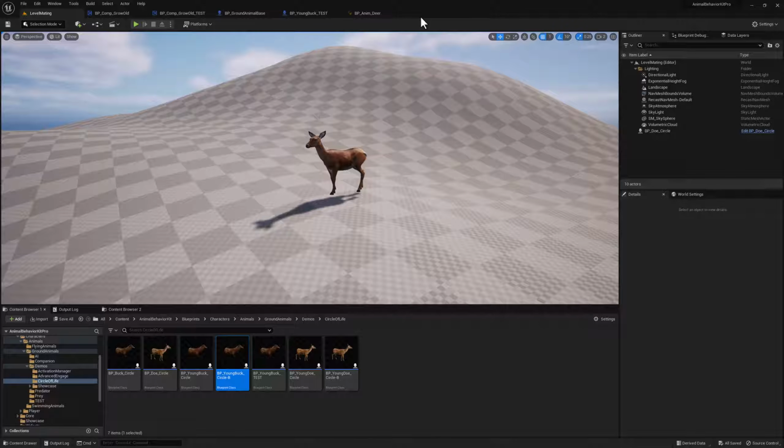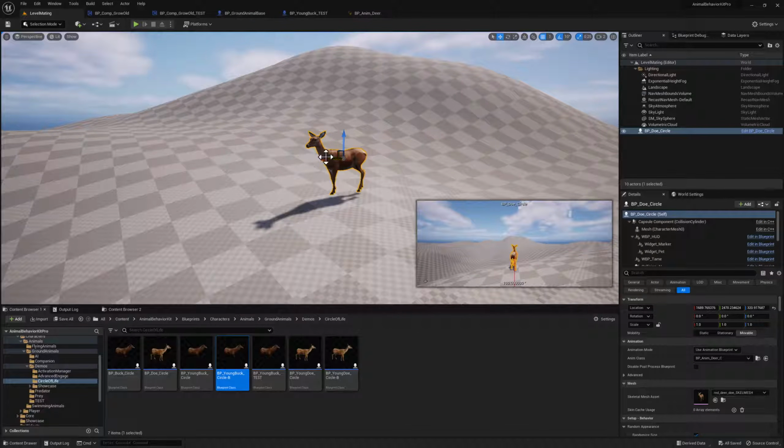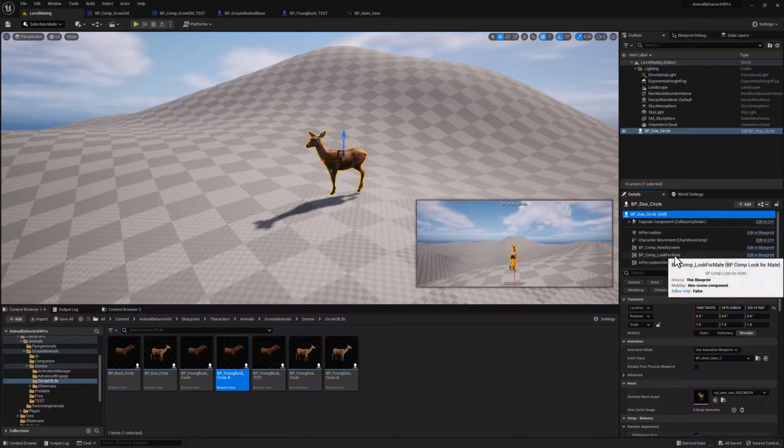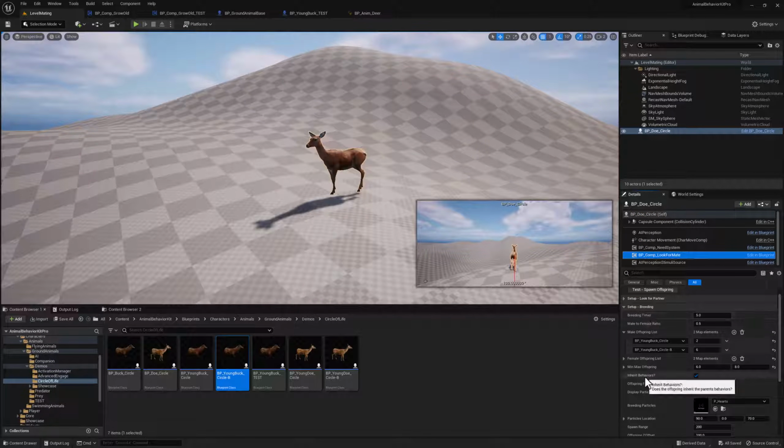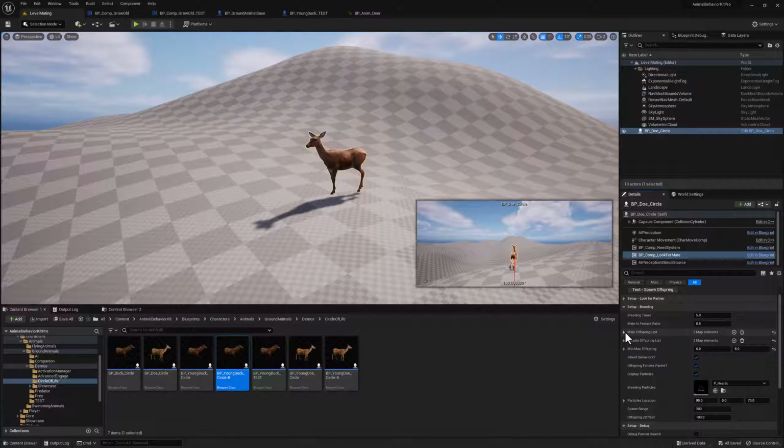So the first thing I'm going to show you guys is the looking for mate component. I have this doe here and she's just going to be static. If I select the look for mate right here under the breeding section, you'll notice a few differences. The original component had a breeding timer, and it had a single male offspring class and a single female offspring class. So the first thing I did is I replaced that with a list of possible classes to add